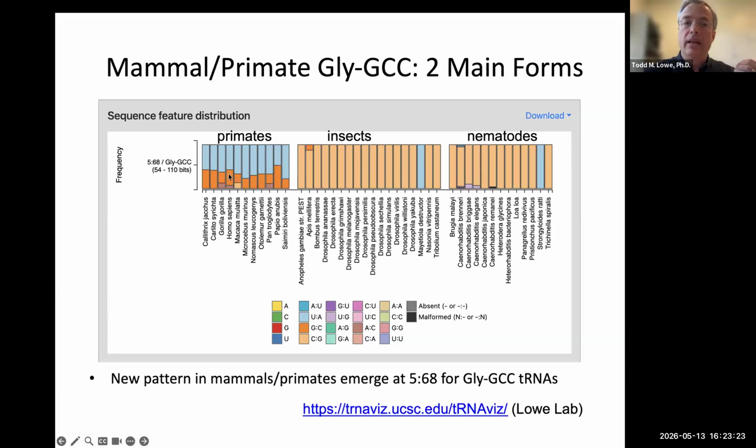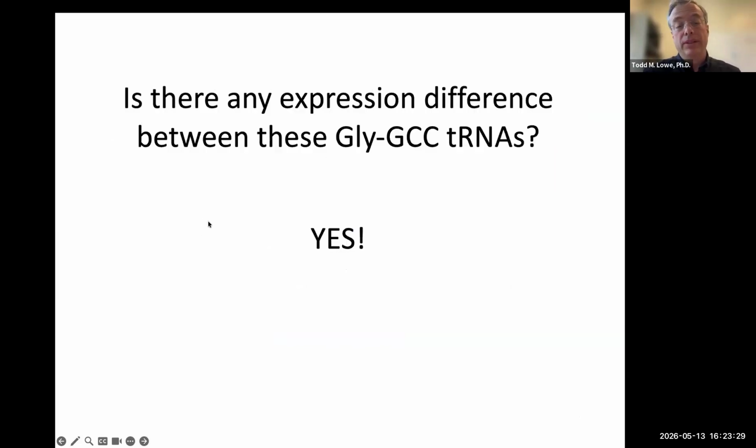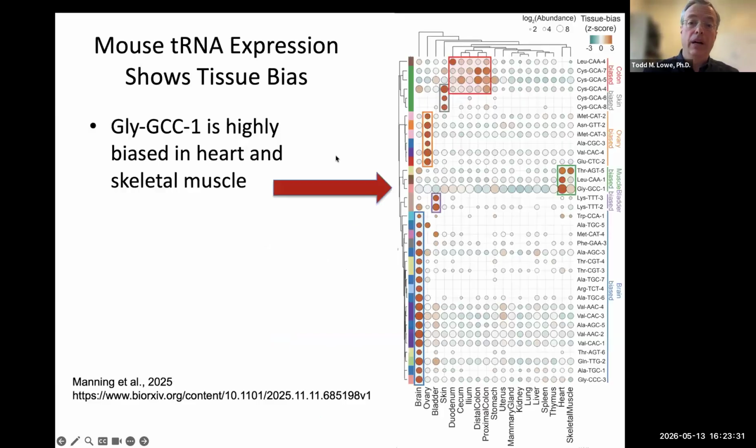We do not know what the functional implication is. All we can see is that evolution is telling us now we have two versions of this tRNA that we maintain. So is there an expression difference between the two? Well, yeah, I probably wouldn't be bringing it up if there wasn't. So for the GlyGCC2, that's kind of a housekeeping version of it, but GlyGCC1 is highly specialized and is very